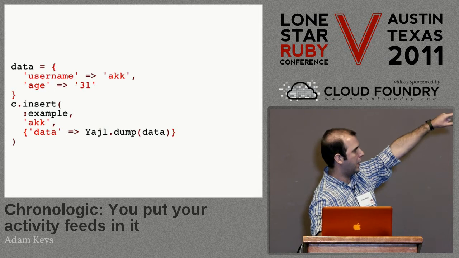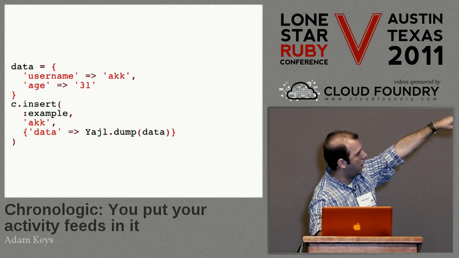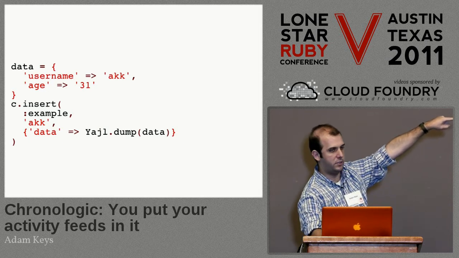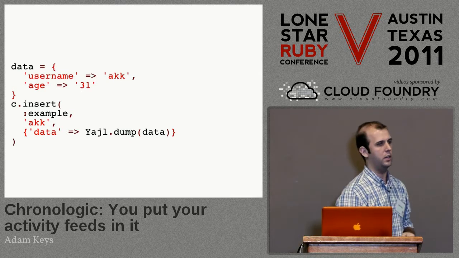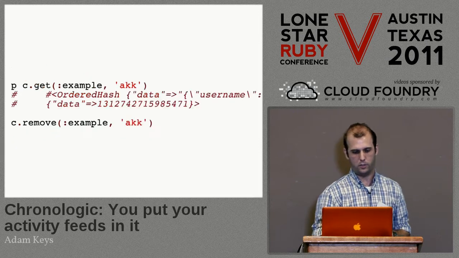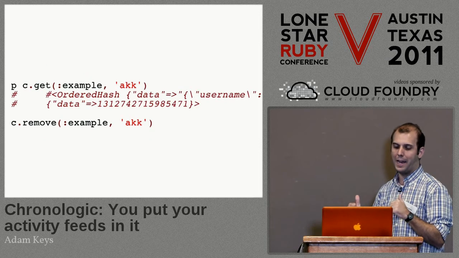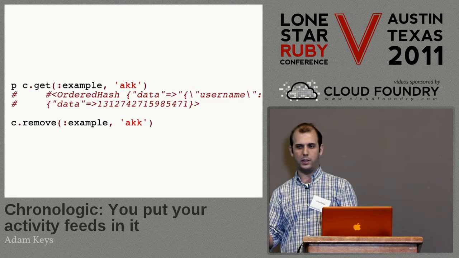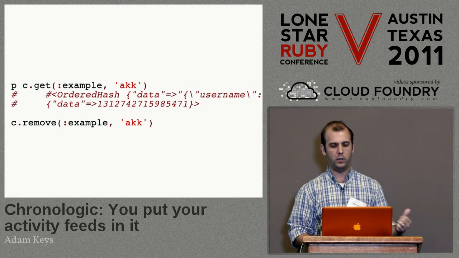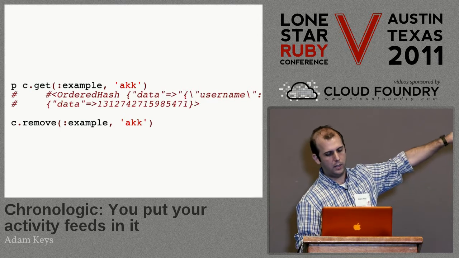The name of the key is AKK, and then the column name is data, and then the value is a JSON encoded string that I converted that hash to. So then I'm going to read it back out. To do that, I just do a get. And again, I specify the example column family and the AKK row key, and then I'm going to get back